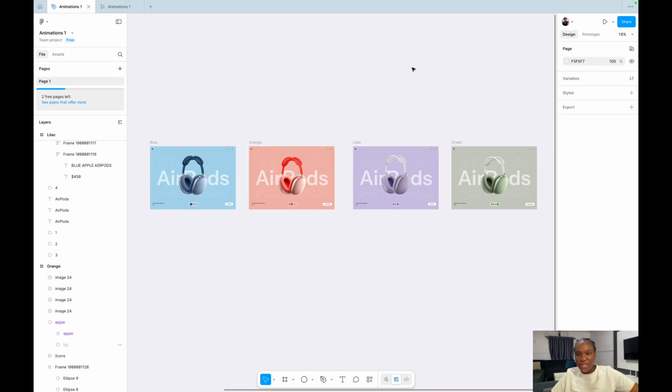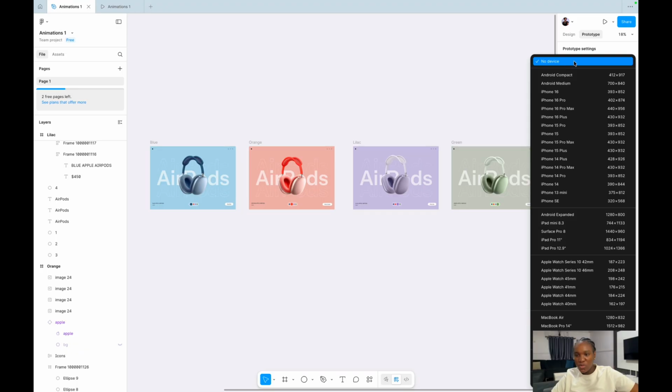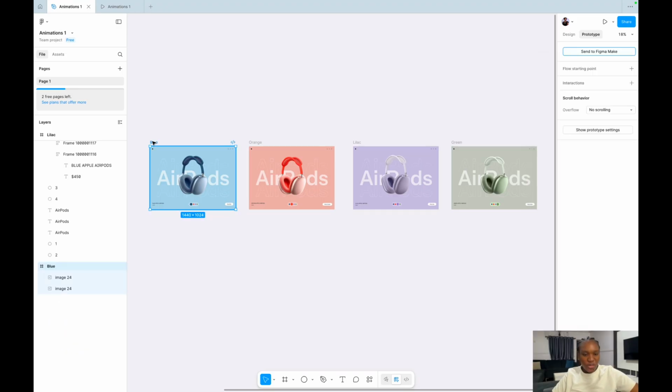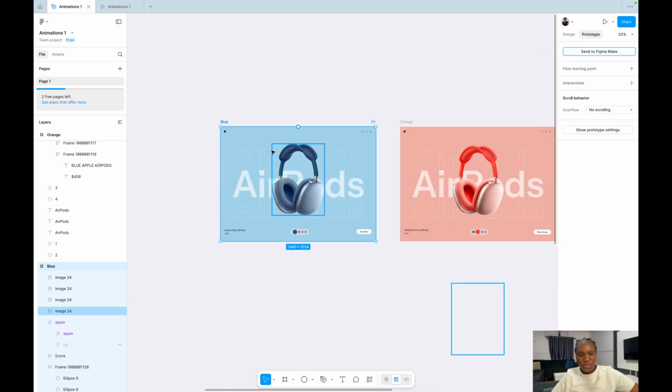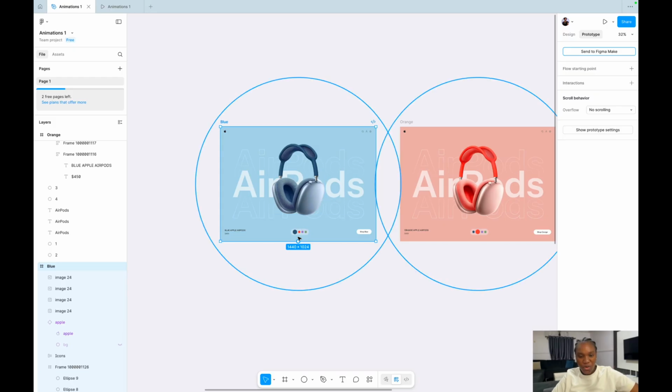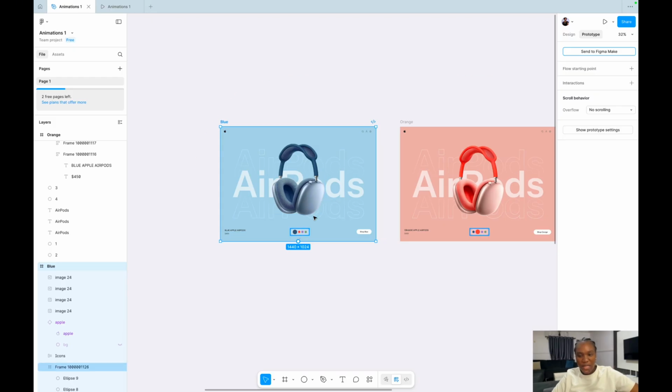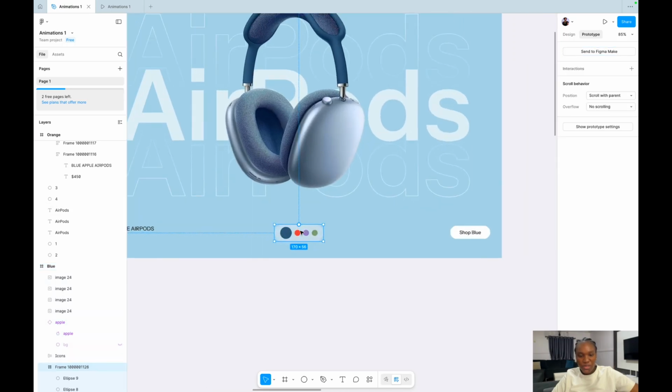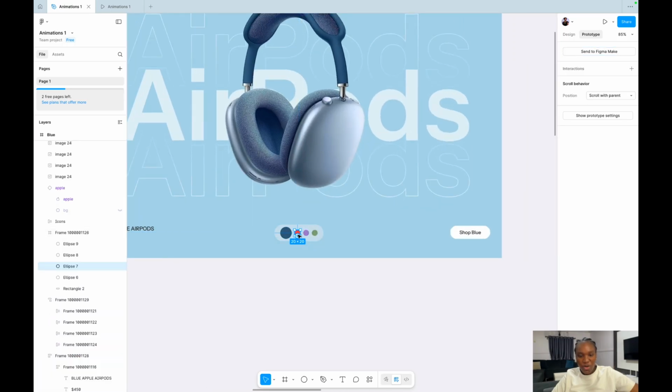So to prototype, we go to the prototype phase and then we click on prototype. I like to leave my prototype settings on no device. So once we click on this first prototype, remember how our animations are coming. We click on this carousel and then it moves to orange. We click on this third carousel and then we move to orange. So all we have to do is click on our orange carousel